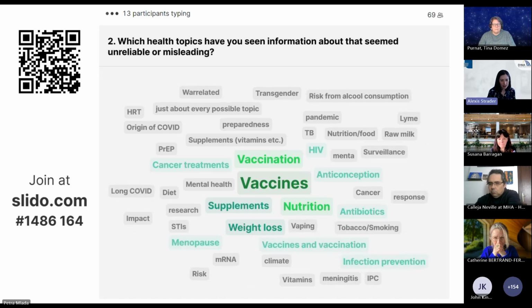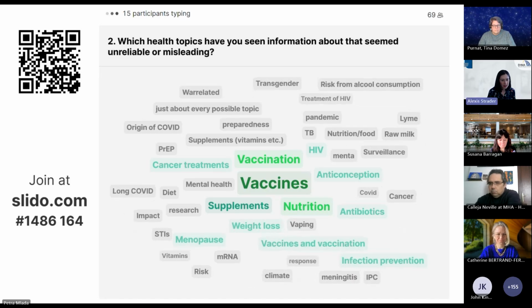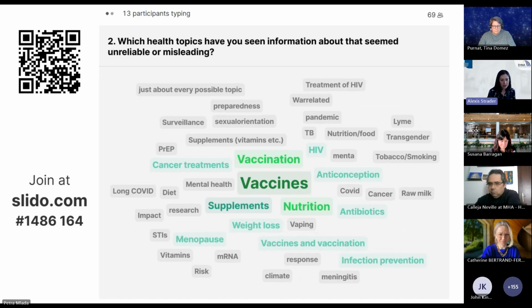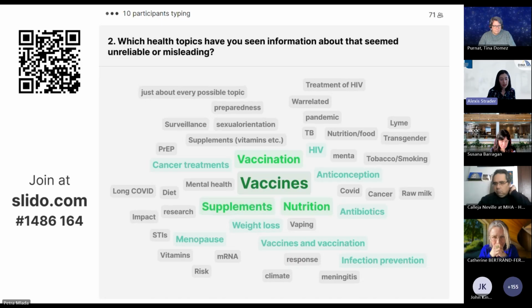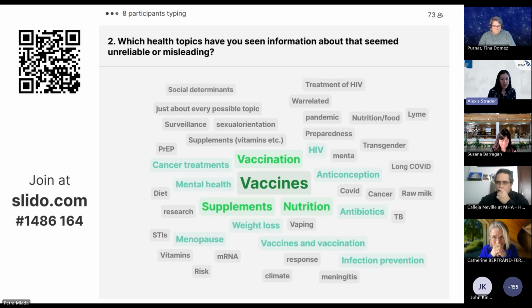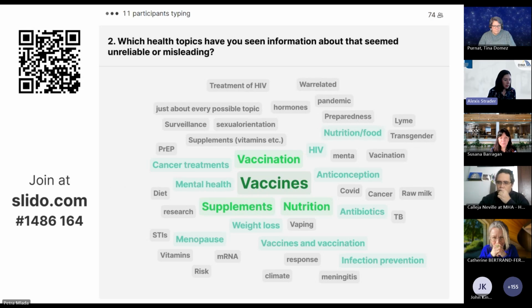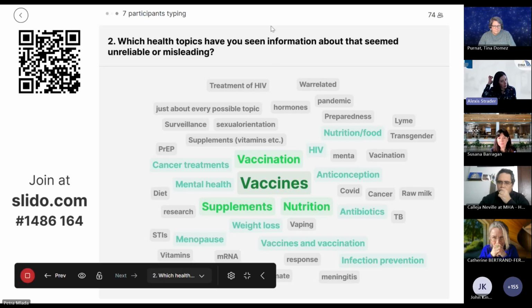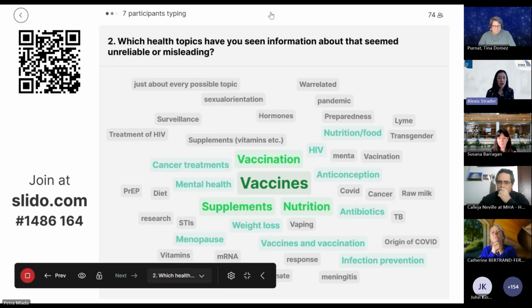Very interesting. I already see, besides vaccines, cancer treatments, weight loss, nutrition, menopause. Yes, I have also seen a lot of misinformation on this. So a lot of food for thought here. Thank you so much. Okay, in the interest of time, feel free to continue to answer if you haven't already answered, but I'd like to go ahead and move on to our first speaker of the day,